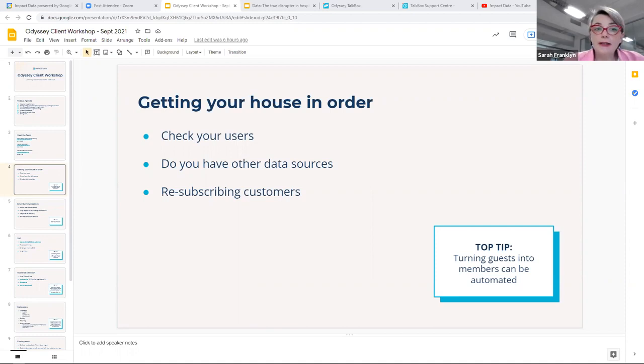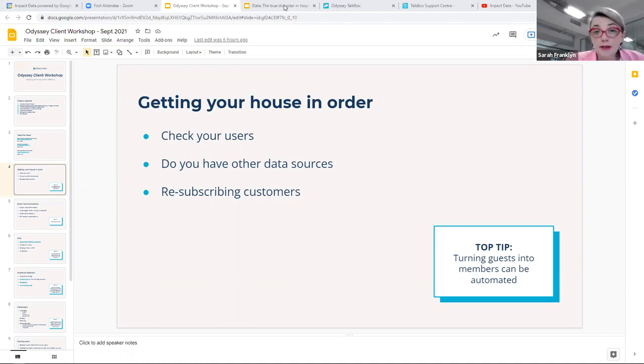The other point, in a bit of a housekeeping way, is about resubscribing customers. For those of you that might have done this, at the moment you have to do it in TalkBox. If a customer comes in and says, Jacko, I'm not getting my birthday email. Now, Jacko, you're only new to us, so that wouldn't have happened yet, but if it did, your receptionist can't go in and update that in Odessey at the moment, or in Metropolis. They would have to go to TalkBox and issue a resubscribe link from TalkBox.